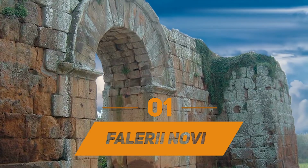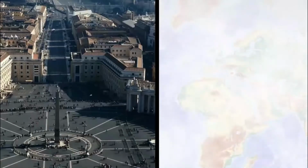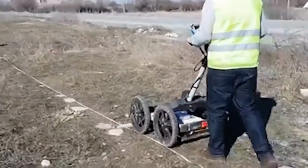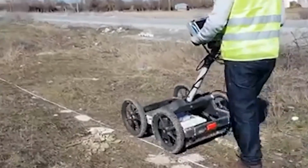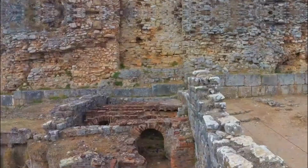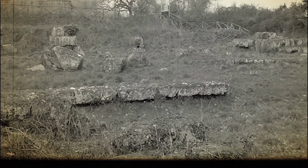Number 1. Falerii Novi. The well-organized fortified Roman city of Falerii Novi, located around 31 miles north of Rome, became buried and forgotten over time. Archaeologists employed ground-penetrating radar to detect and map the ancient town's buried ruins in recent research. The team's results, which were published in the journal Antiquity,